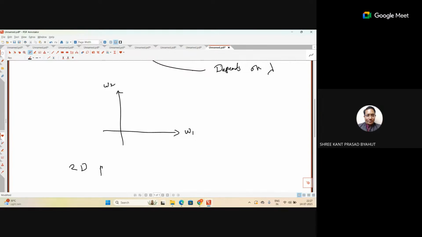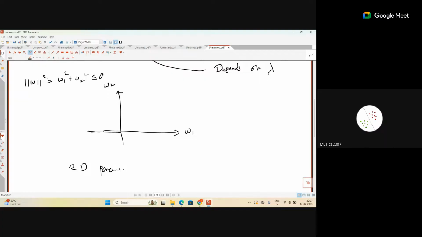We are keeping a constraint on the weight vector W. The square root of the weight vector is W1 square plus W2 square, and when I say it should be less than or equal to theta,